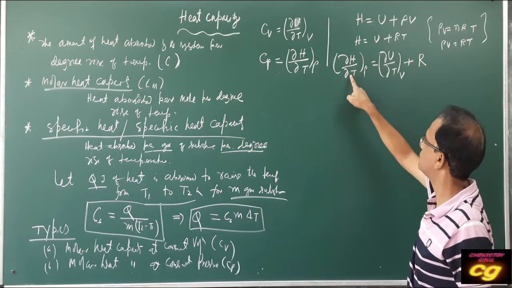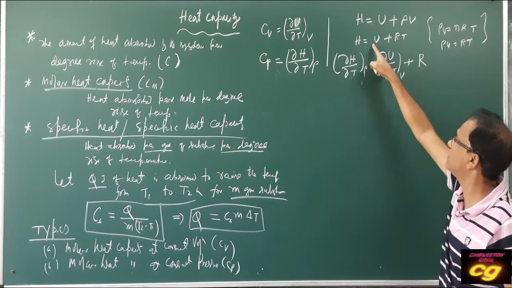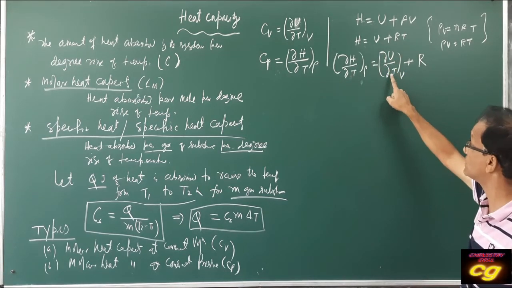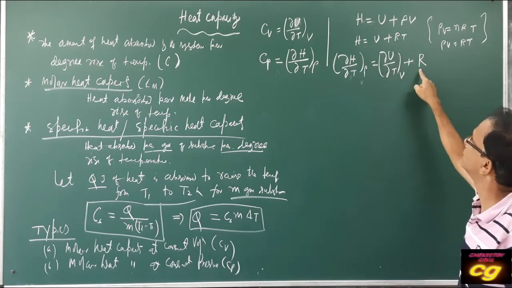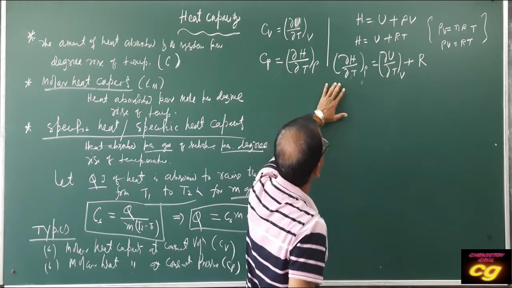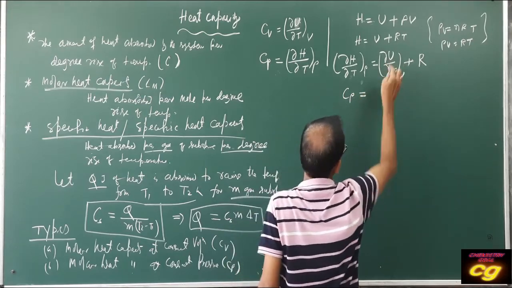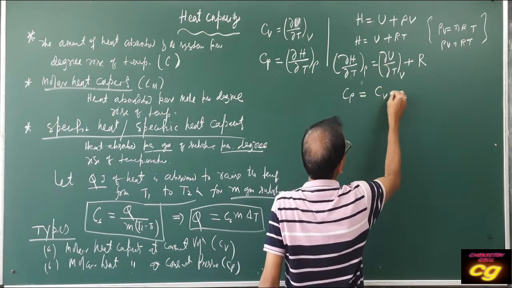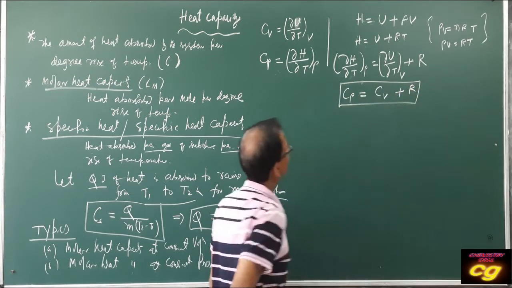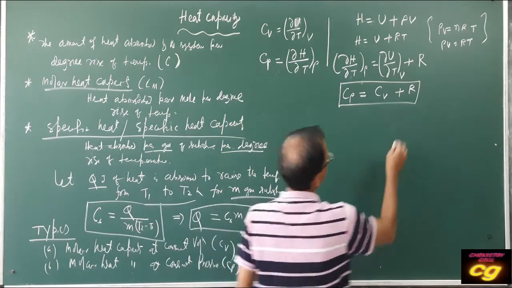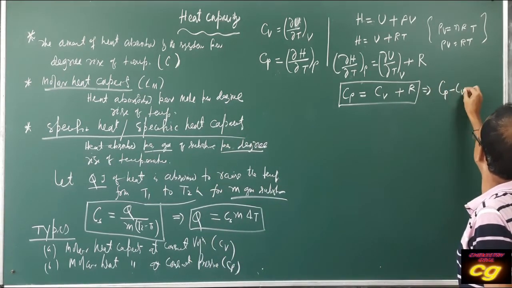Here, the derivative of H with respect to T at constant pressure; here, the derivative of U with respect to T at constant volume; here, R with respect to T will be R. So del H by del T is called Cp, and del U by del T is Cv, plus R. So now we can write in another form, this implies Cp minus Cv